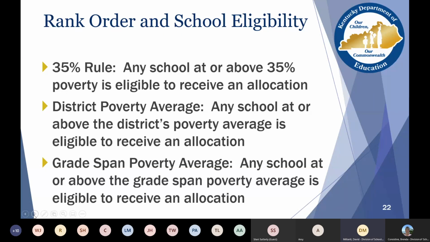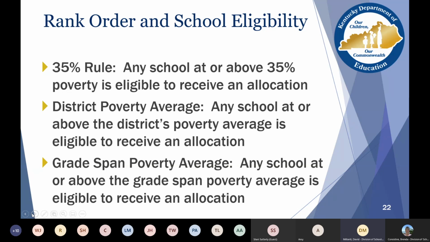And then the 35% rule, district poverty average, and grade span poverty average essentially is allowing the district or requiring the district to set a cutoff point where they're going to serve down to. So again, like Brenda said, the 35% rule, if you select that in GMAP, you could serve any school at 35% poverty or higher.